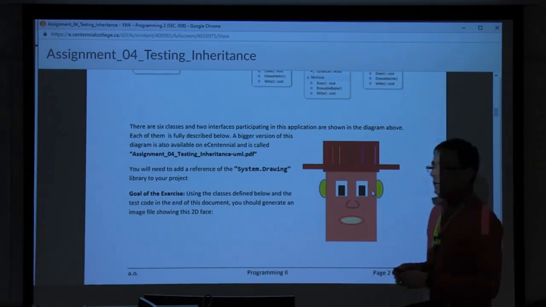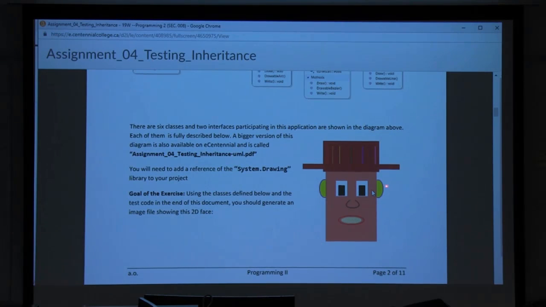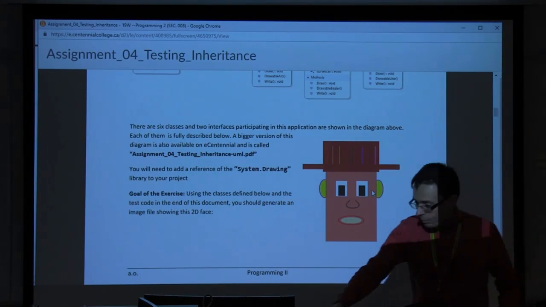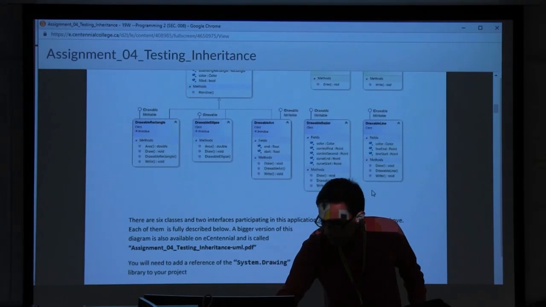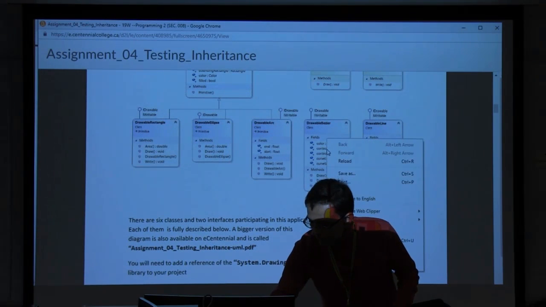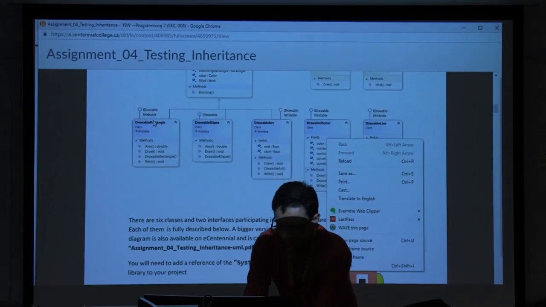At the end of it, you're going to get this face, because you're going to be dealing with lines, arcs, rectangles, ellipses. At the end, the code that I provided in the file will call your classes and will produce this output, and it will save as a file. Then, the classes, let me just blow this up a little bit more. Let's see if I can.